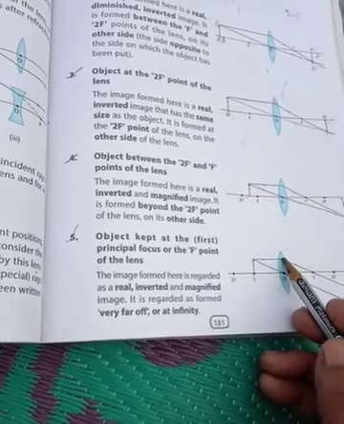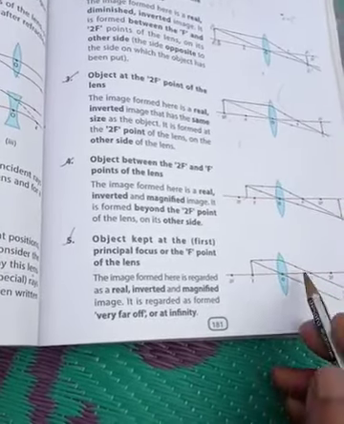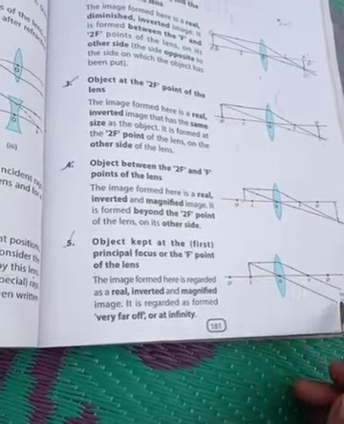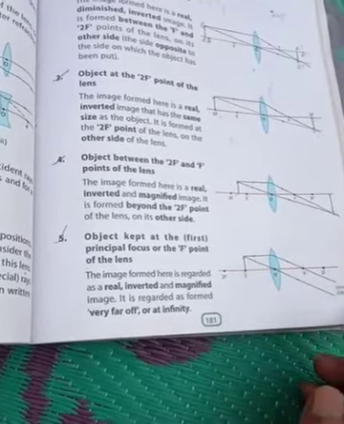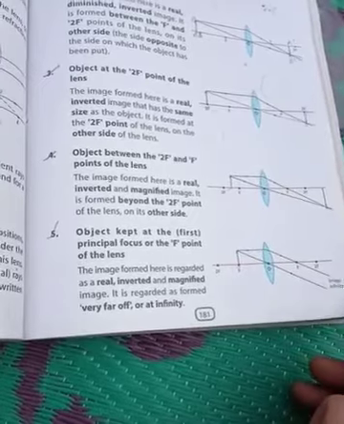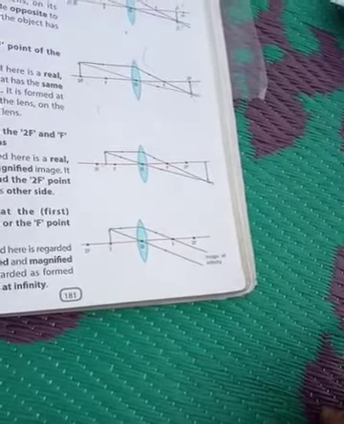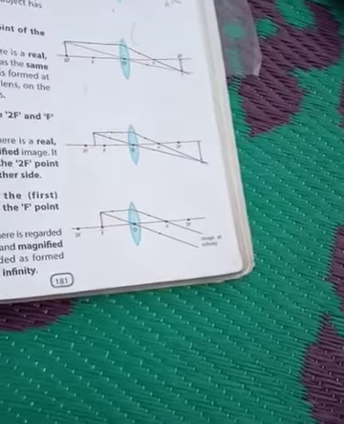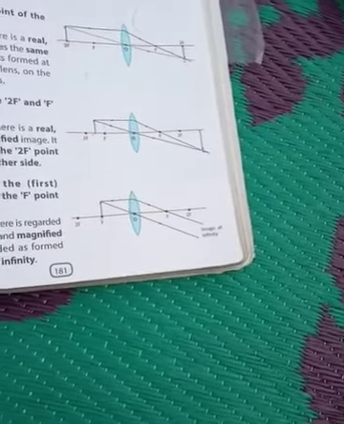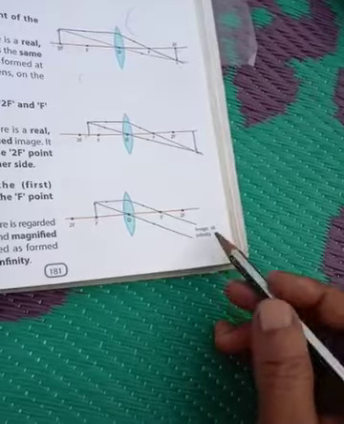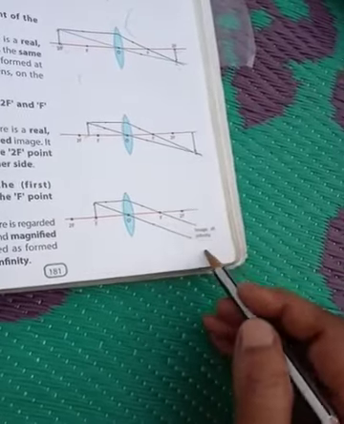Take a ray parallel to the principal axis, and another ray passing through the optical center. The first will pass through the focus. These two rays will move parallel and will never meet. So where will the image form? The image is considered to be formed at infinity, because the rays will not meet; if they meet, they will meet very far away, that is, at infinity. And if they meet, it will be below, because these rays are below the principal axis.